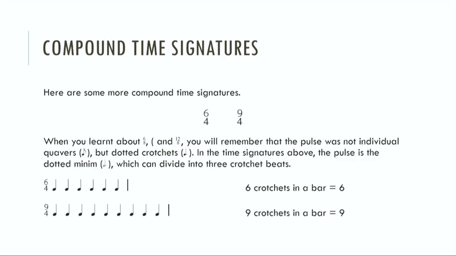Here are 2 of them, 6/4 and 9/4. You'll remember that we had 6/8 and 9/8 last semester, and these work very much in the same way. Now, the bottom number, 4, tells us that we are working with crotchet pulses. Remember the bottom number: if you say there are 4 pulses in a semibreve, so 4 divided by 4 is equal to 1, we know that we are dealing with crotchets. This tells us that there are 6 crotchets or 9 crotchets in a bar. But whenever you see 6 or 9, we know that we're probably dealing with a compound time signature.